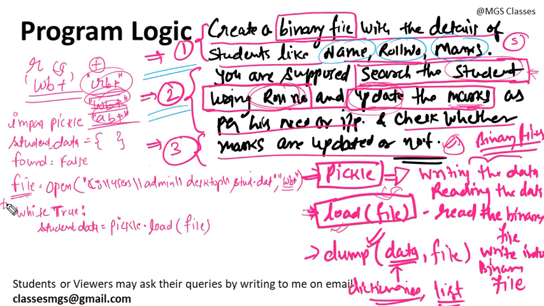So for that purpose, to handle the exception, you need to put this whole code into a try-except block. Try and except is basically a block in Python that is used to handle exceptions. So you need to put it into the try, then while True, student data, and then you need to take the roll number of the student as input, so that you can update the data for that student. Let's suppose you take an integer roll number. You will use the input method to take the roll number: input, enter roll number of student.